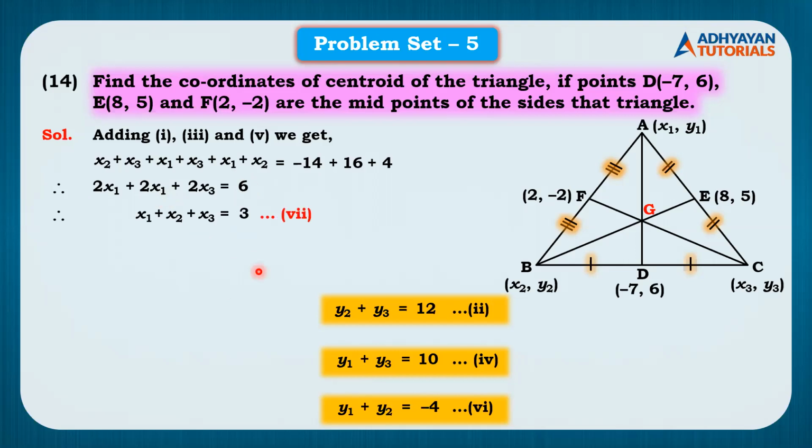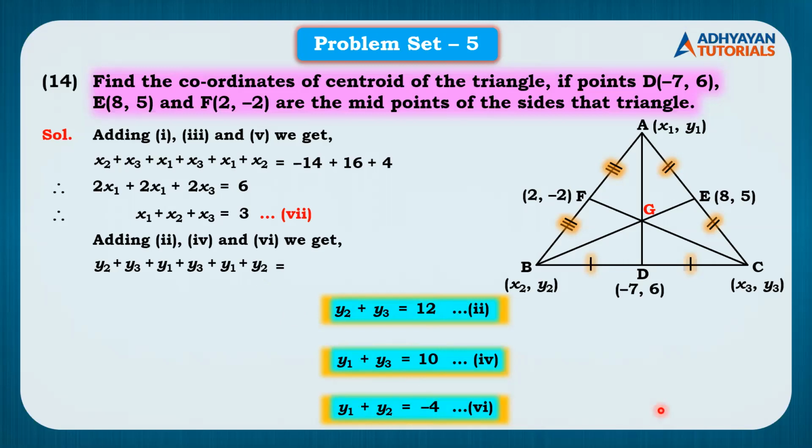I hope all of you have understood ये क्यों इक्वेशन है, because x1 plus x2 plus x3 ये सेंट्रॉइड के कोऑर्डिनेट्स का एक हिस्सा है. Got it? So now same way y का कोऑर्डिनेट्स का एडिशन करना है तो एडिंग इक्वेशन 2, 4 and 6. नाउ चलो इन तीनों को ऐड करते हैं. तो फर्स्ट लेफ्ट हैंड साइड क्या होगा, y2 plus y3 प्लस y1 plus y3 प्लस y1 plus y2